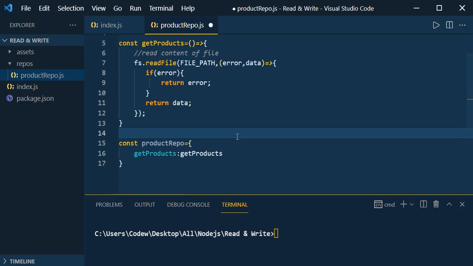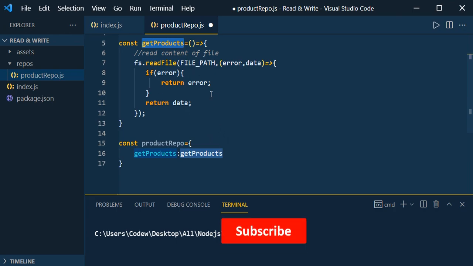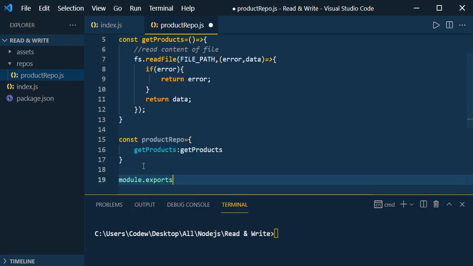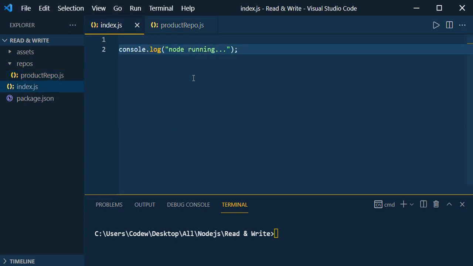Here I am using the object literal because now we have only a single function, but we are going to add another function, so that we can add both functions to this object and export the object. Module.exports equal to, just mention this product repo. Now let us import this product repo inside the index.js and call the get products function.